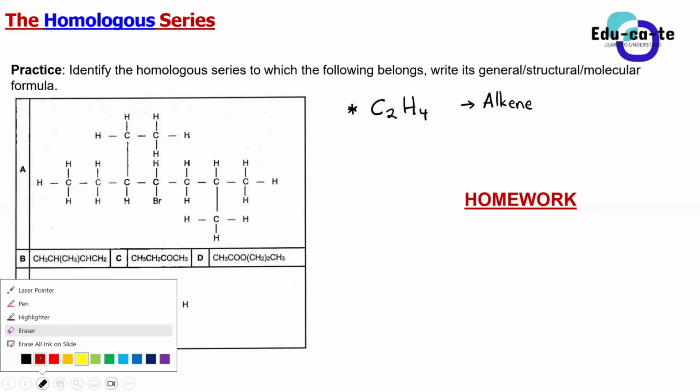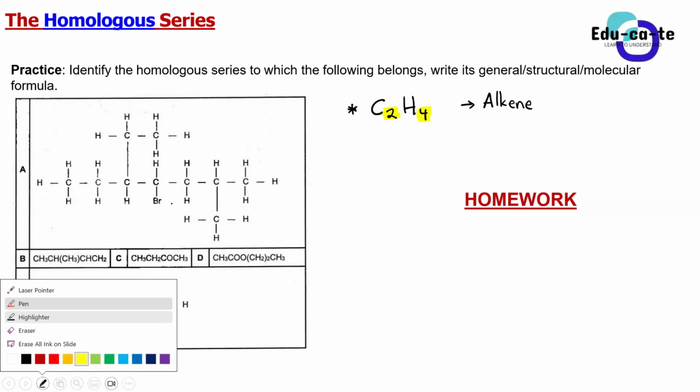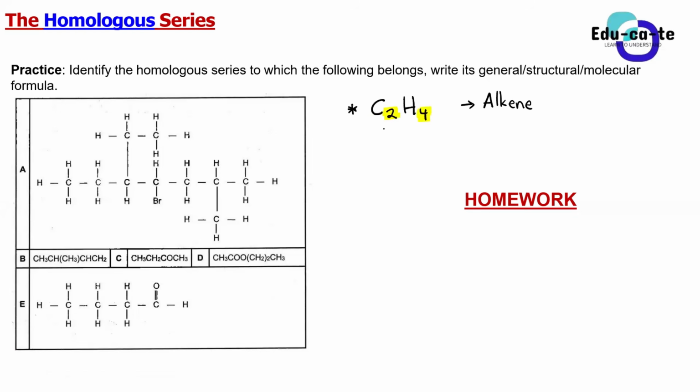I think it is because the number of H is double the number of C. Yes, guys, the number of hydrogen atoms, we're having 4 of them. The number of carbon atoms, we're having 2 of them. What's the relationship there? If we have 2 carbon atoms, the number of hydrogen atoms is double, 2 times 2. So generally that is the same thing as saying CnH2n.